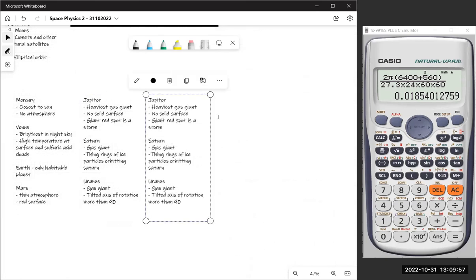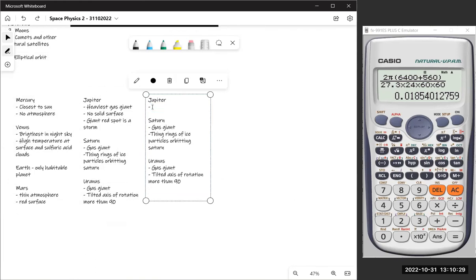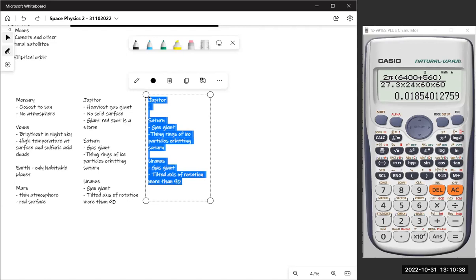A dwarf planet is basically a planet that is too small to be a planet, and it does not meet the criteria. So look, you must be very large, massive, and you must have small moons. Now the moon of Pluto is about the same size as Pluto. And another thing, Pluto does not have a perfect orbit around the sun. So it has a very changing orbit. That's why it's a dwarf planet. Is that clear? The word dwarf means small. So it's very small and does not have a perfect orbit. So that's why it is not a planet anymore.